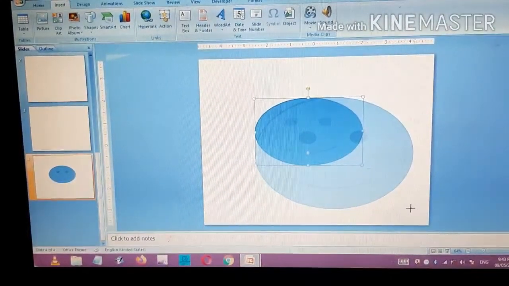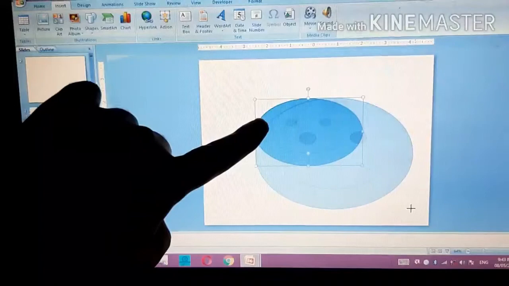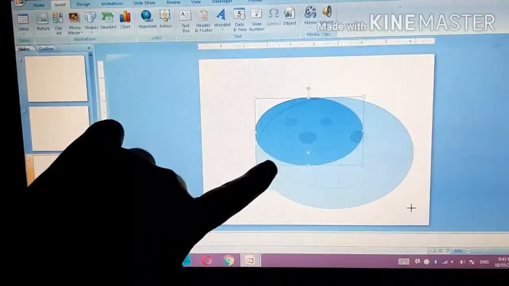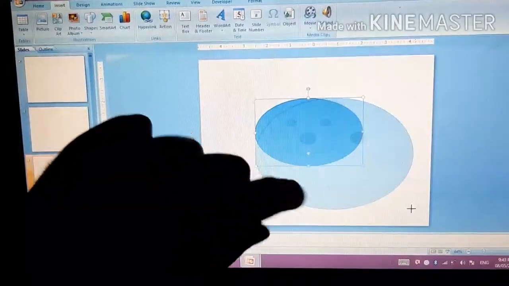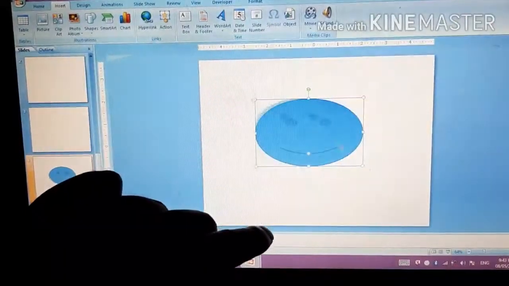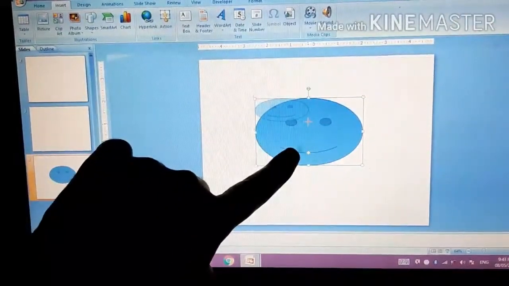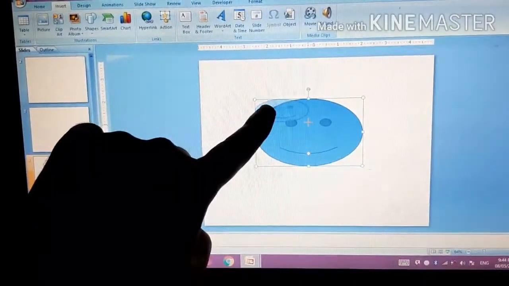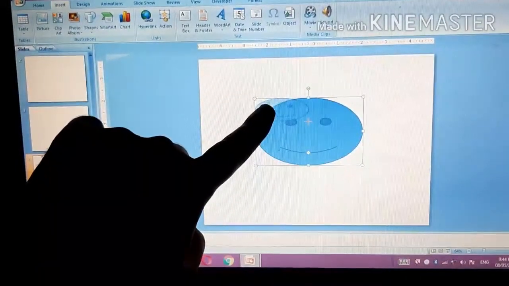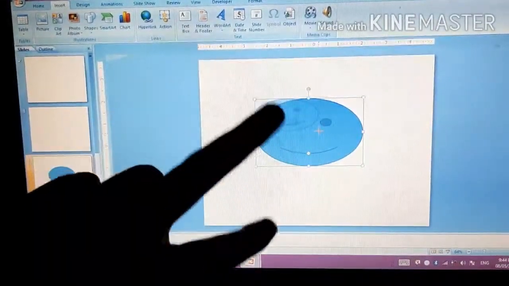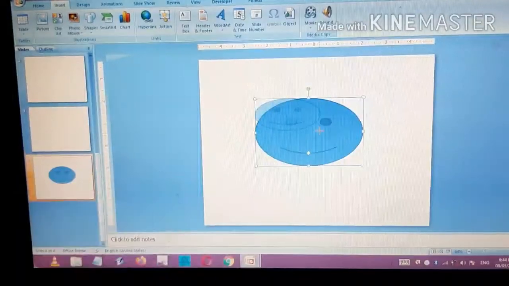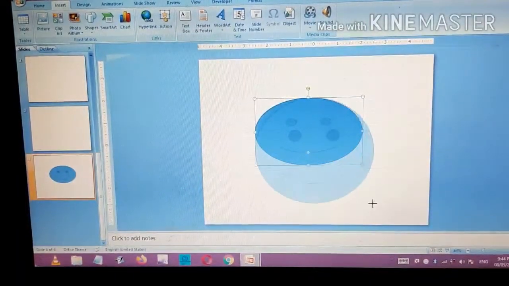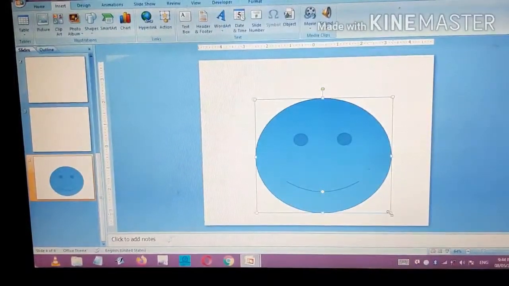This image is your previous image and this one will be the new image after increasing the size. And now if I am decreasing the size, this is your old image and this one will be your new image, the decreased one. It shows you both previews, the old and the new, while you are dragging in or dragging out. Now you can see the image has been increased.